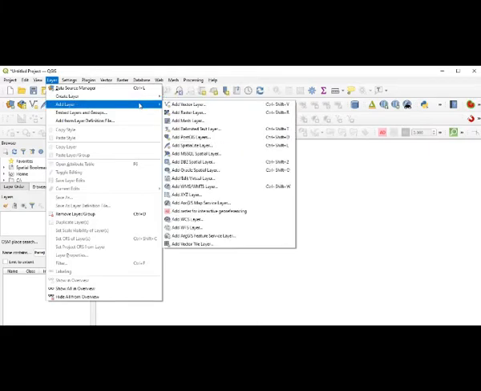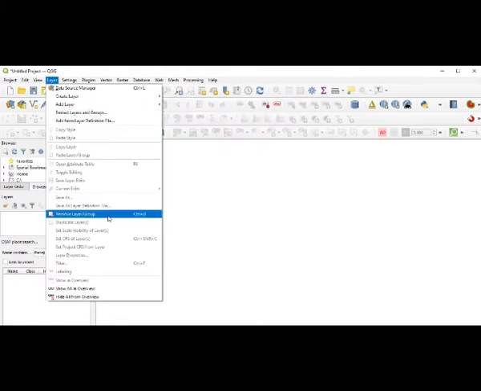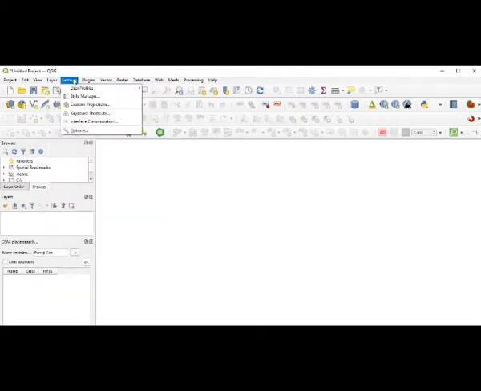In this Add Vector Layer, Add Raster Layer, and Add Mesh Layer, and varieties of layers that you have prepared, taking into consideration the one which you have saved in your PC, or even if you want to take it from online and all. So there is scope for you to get those things here, add it. Then there are going to be many other options here. Then to remove, once you add, you can also remove that layer. It is possible here. Then settings, that I will not go into right now.